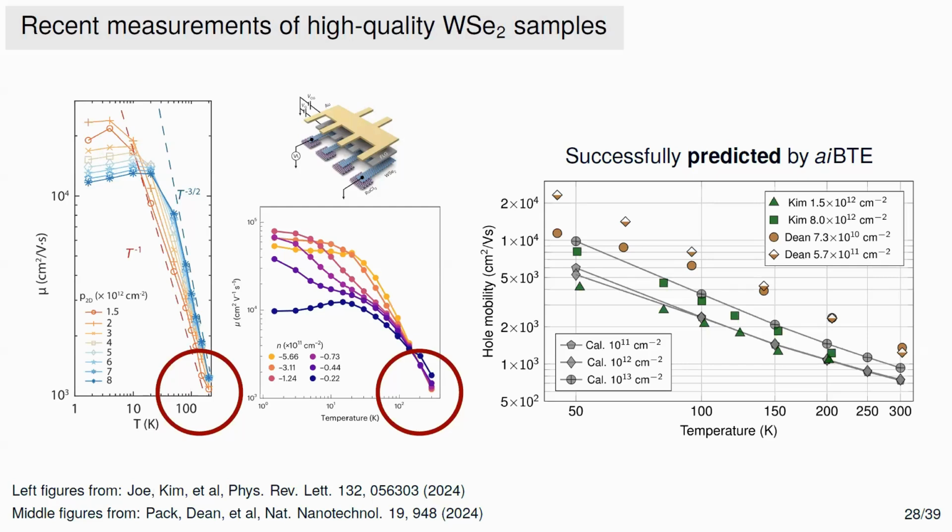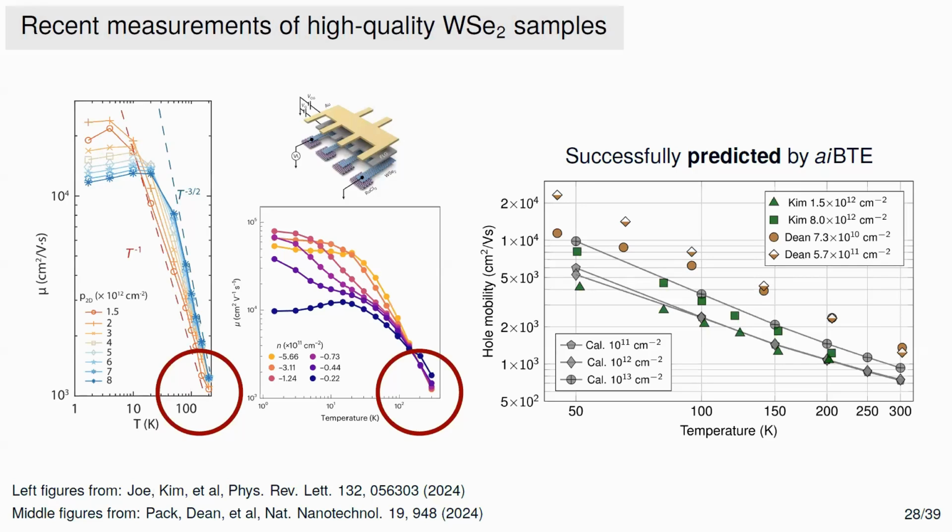I have a follow-up question. If groups are skeptical, but it matches your prediction, what does that mean for you? Well, for us, it means that we are hoping that other experimental groups will come up with similar data. Yeah. So they should have good confidence in their results, right? Say it again. They should have confidence in their results because it matches the. No. The experimentalists publishing this data are very confident about the results. It's just that the other groups are not able to get the same mobility. So I guess until a few other groups are able to put the same numbers out, the jury will still be out.